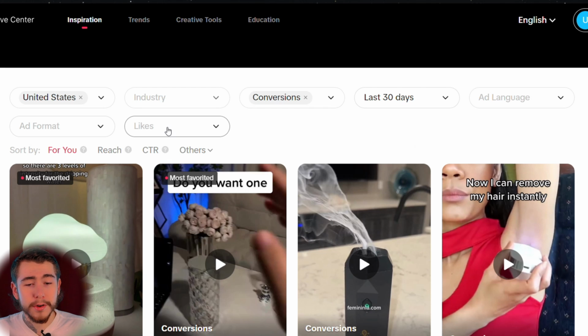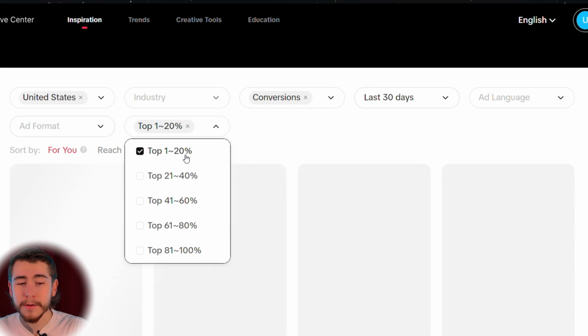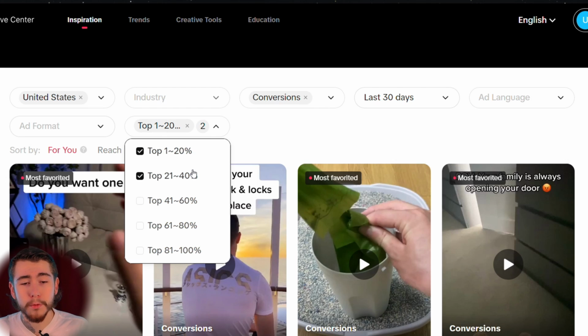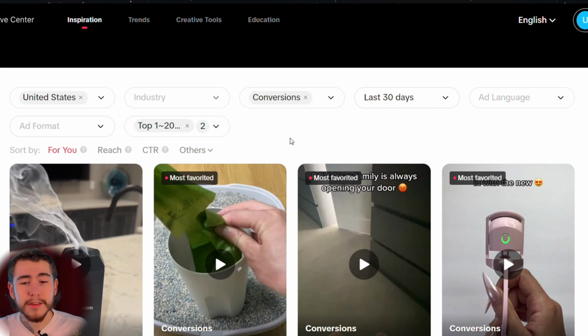You guys can also narrow it down by likes. We can look at the top 1 to 20% of liked ads on TikTok. I like to narrow it down to the top 40% so you guys can really get an idea of what's working for other stores. If you guys scroll through this list, you guys can see all of these ads right here in the last 30 days with conversion objectives in the United States, and these are the top 40% of